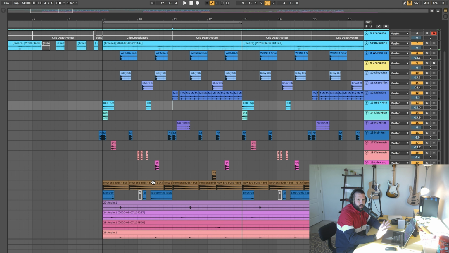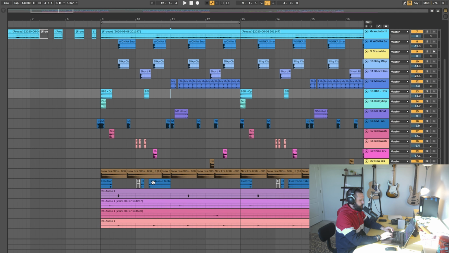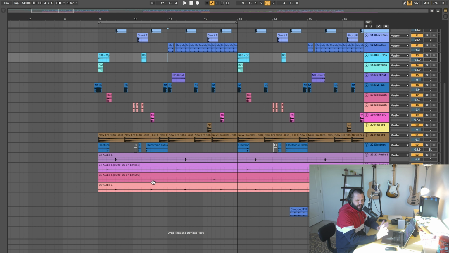Now, again, that's something that I've never done before. Shout out again to that video that I watched about the Flume type drop. It really inspired me to have the different types of patterns within the pattern. Last things last here,